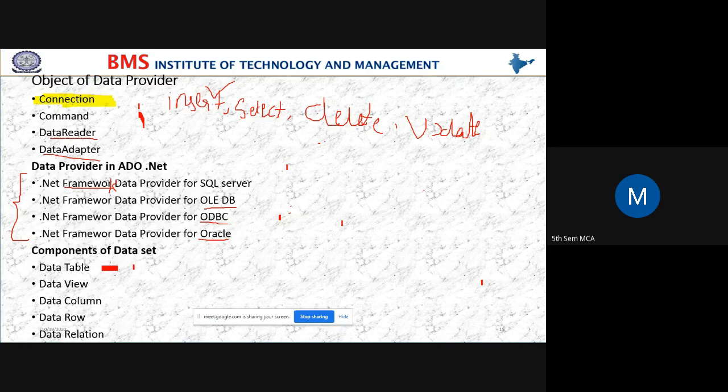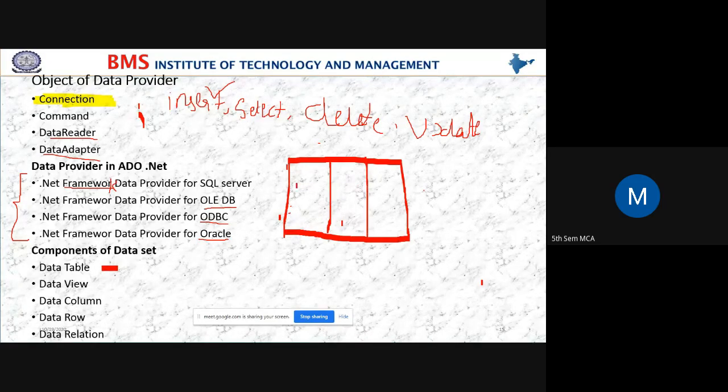Yes, students, when we say table, what comes to our mind? The table will be having rows and columns. Yes, students, the table will be having rows and columns. If I write or insert any data,